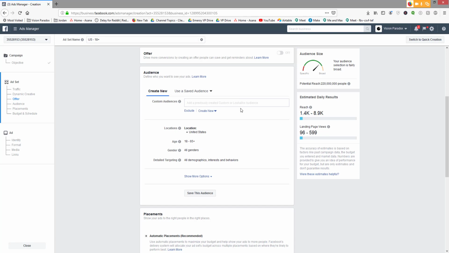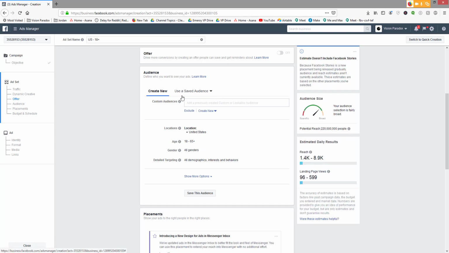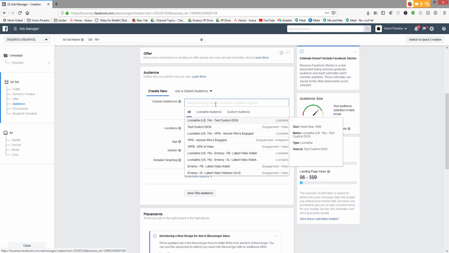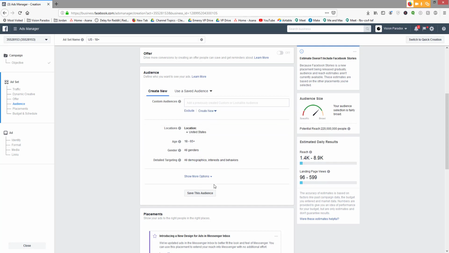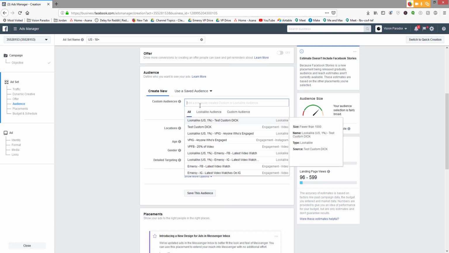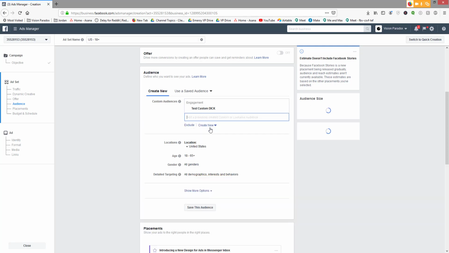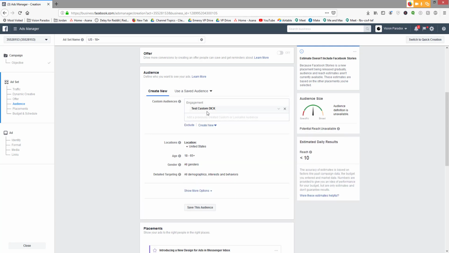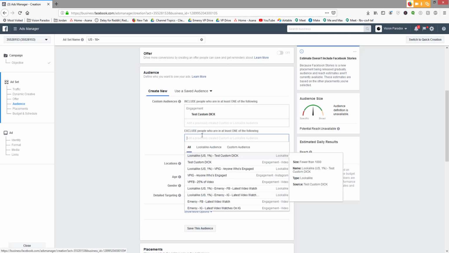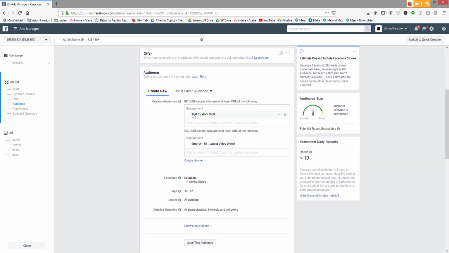So, all right, now that we're here, this is where we can start using the custom audiences. So we don't even need to use interest anymore. So you technically can. So say anyone who, say, custom dick. Okay, that's the audience that landed on the thank you page. Cool. Now we can exclude people who didn't land on it. So we can add, say, this one, latest video you watched. Just an example. So this one would be anyone who landed on the thank you page if it was named properly, and we could exclude anyone who,